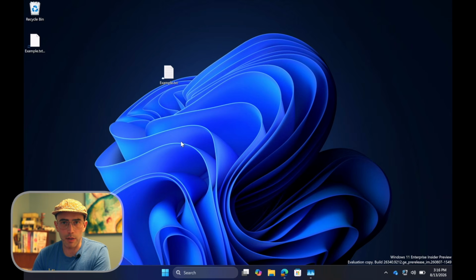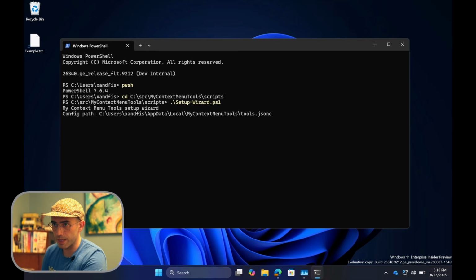And a great example here is 7-Zip. So if you're a dedicated 7-Zip user and you have it installed and you right click this txt file, it's just not going to be there. So let's go ahead and bring it into the Windows 11 context menu to make it easier to use. I'm going to run the setup wizard again,